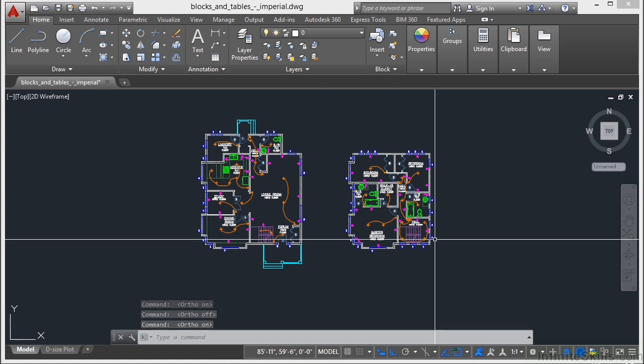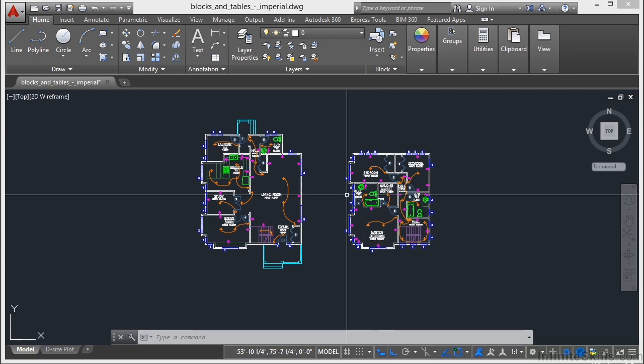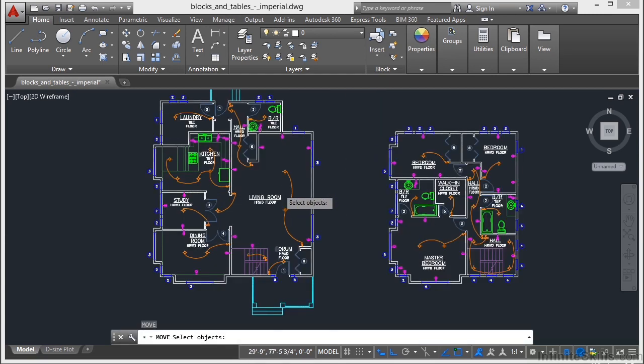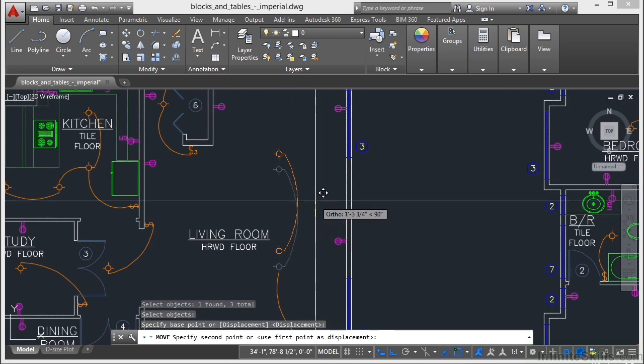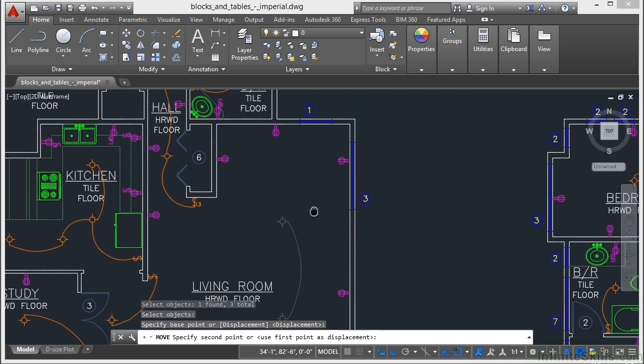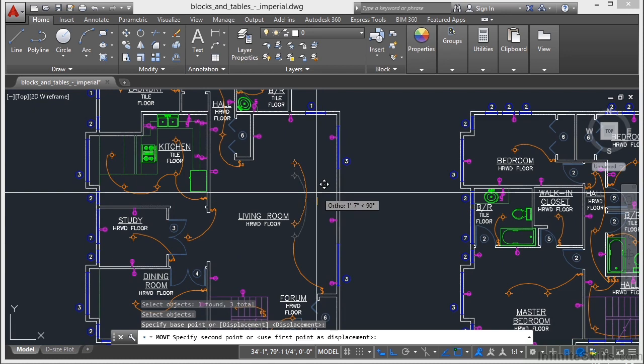Now, while ortho command is on, your cursor movements, whether you're drawing a line, moving an object, copying it, inserting a dimension, whatever, they're constrained to a horizontal or vertical movement. That means you'll draw the lines or move the objects in a straight horizontal or vertical motion. Let's use the move command and let's move these lights. So I select them, pick my point, so they're being moved in this direction. Now this is very handy because if you need to move things at specific